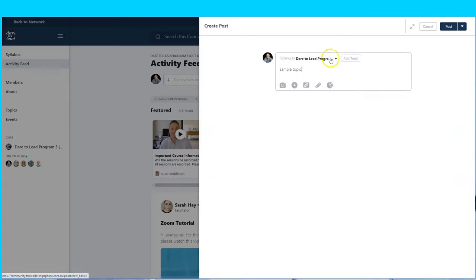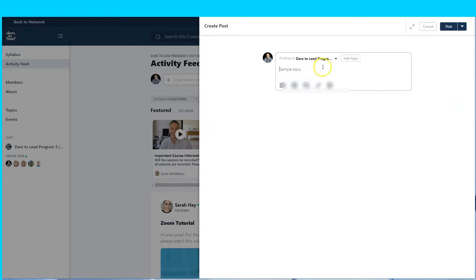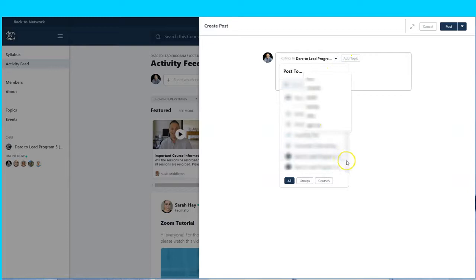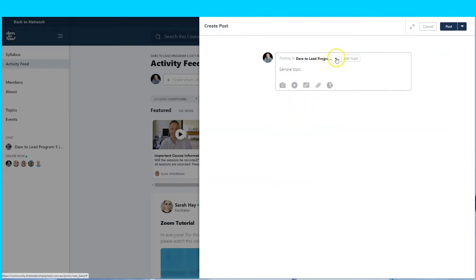See, it says Dare to Lead. So currently it's Dare to Lead Program 5 because that's where you want it to be. You can also post this in different areas or whatever you have access to. But if it says Community Hub there, you'll post to the whole group. Whereas on most occasions, you're just going to want to post it to your particular course. So make sure it says Dare to Lead Program or whatever course or hub you're part of,